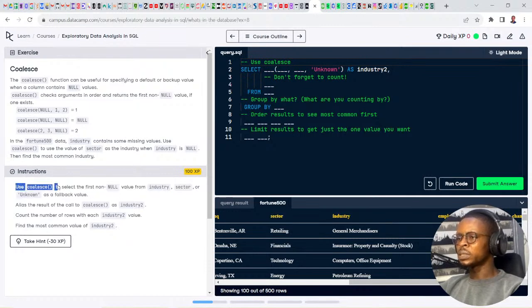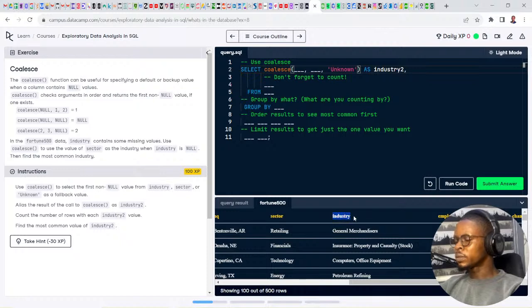Okay, it says use coalesce to select the first non-null value from industry, sector, or unknown as a fallback value. So I'm going to use coalesce here, calling the function. Select the first non-null value from industry.